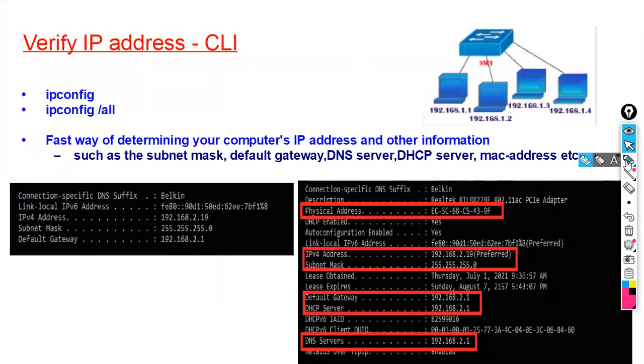And how to verify, how to check which IP address is configured on your PC. You will use this command, ipconfig. You will go to command prompt and you will type ipconfig. You will get this detail. You will get the IP address